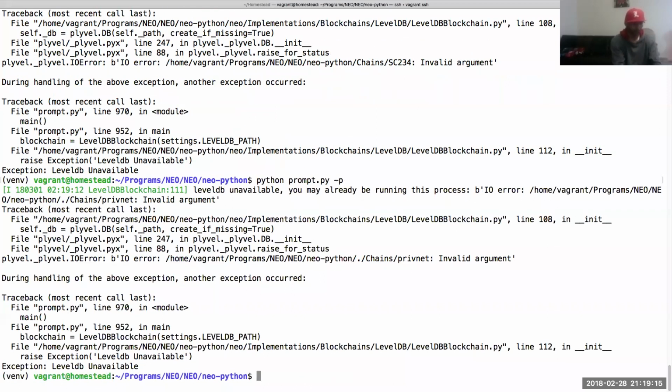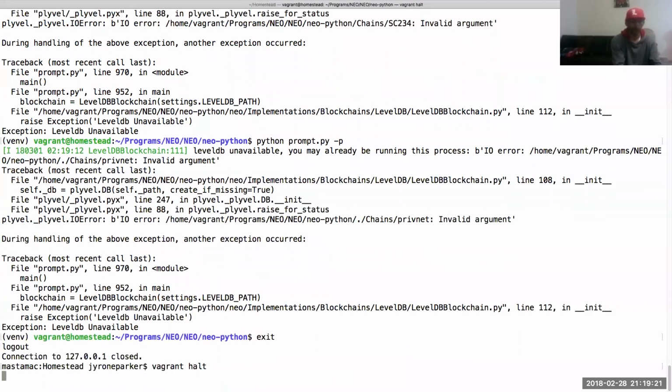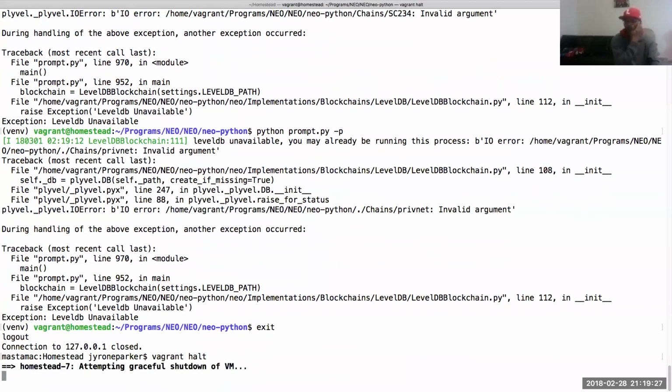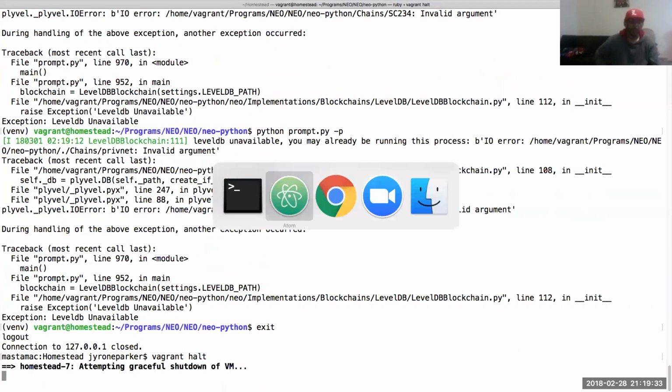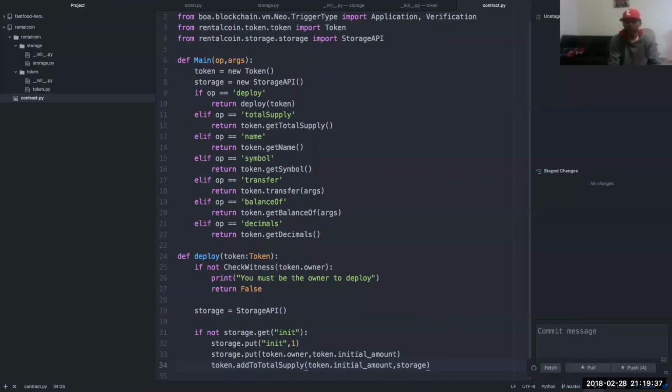All right, here's what I'm going to do. Run vagrant, and I'm just going to restart the virtual machine. Yeah, we're done with the coding now. I just want to compile it and show it to you. But essentially, we're done with part one. Let me make sure I have all the code pushed. No, I don't.